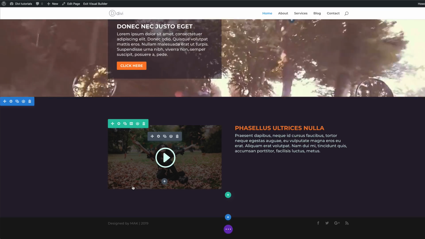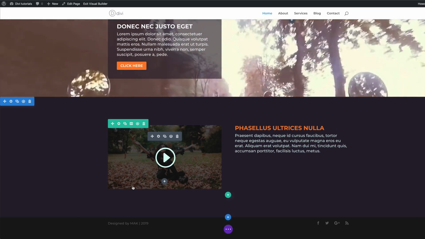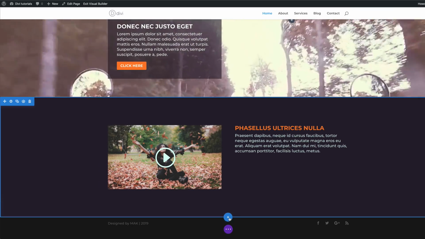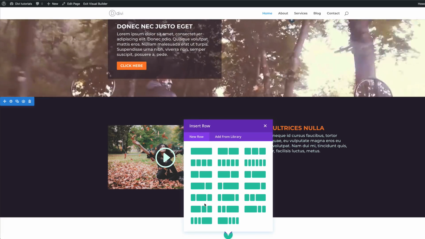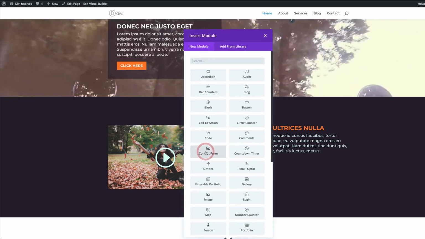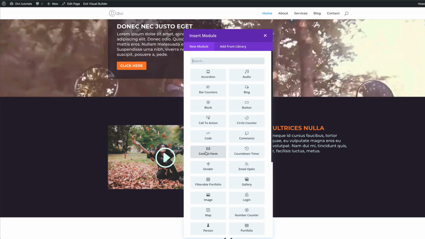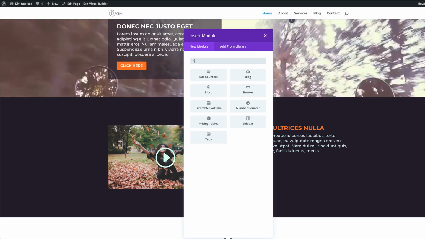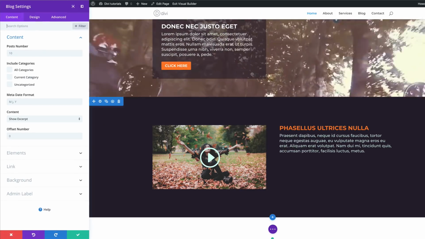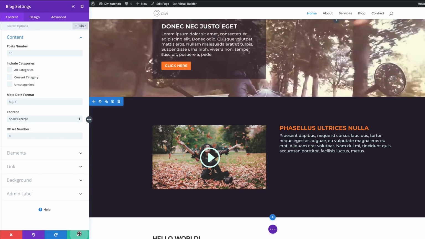Right. So the next stage is to add another section. So I'm going to click this plus button here, click on regular. So I'm going to add a single column this time, but in that column, we are going to add some blog posts. So I'm going to search for my blog post. I'm going to select that. For now, I'm going to save